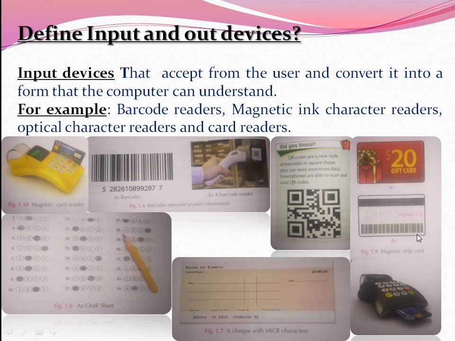When the card is swiped through a magnetic card reader, it reads the information quickly and accurately. A smart card looks like a magnetic strip card but contains a small chip instead of a magnetic strip. Most credit cards and debit cards issued by banks nowadays have both a chip and a magnetic strip. They store more data than the magnetic strip card. A smart card reader can read and write data on the card.